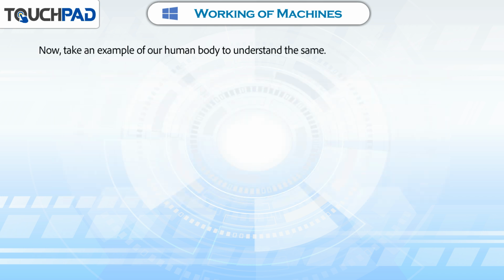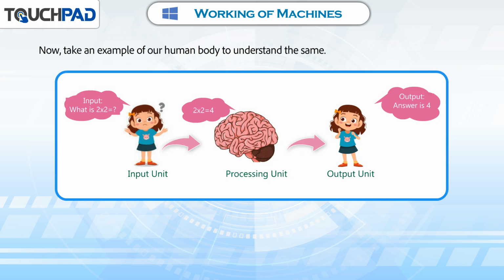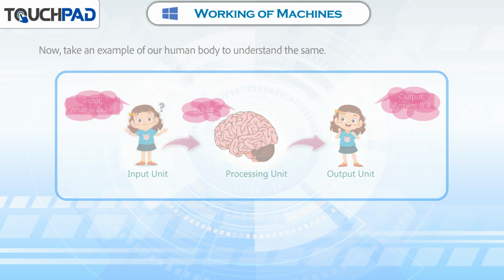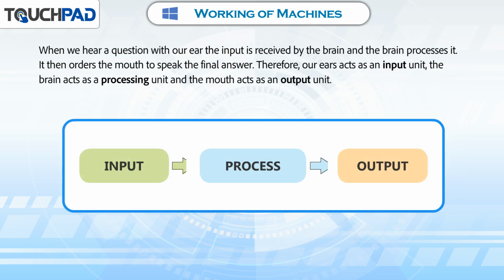Now, take an example of our human body to understand the same. Input, what is 2 into 2? Input unit. 2 into 2 is equal to 4. Processing unit. Output, answer is 4. Output unit. When we hear a question with our ear, the input is received by the brain, and the brain